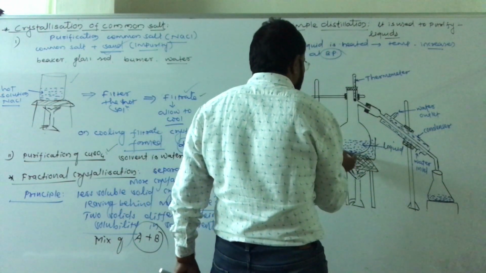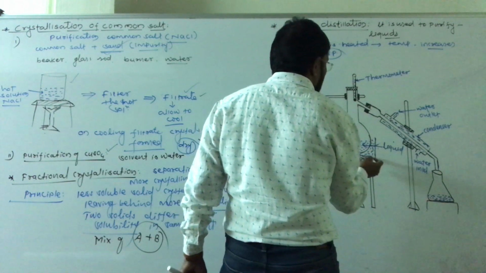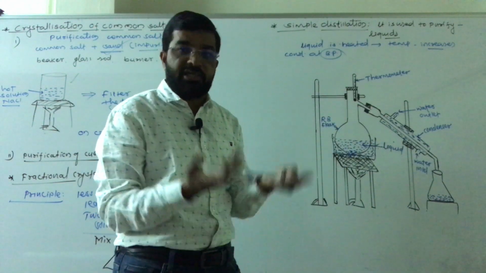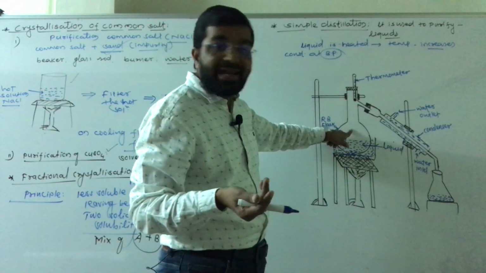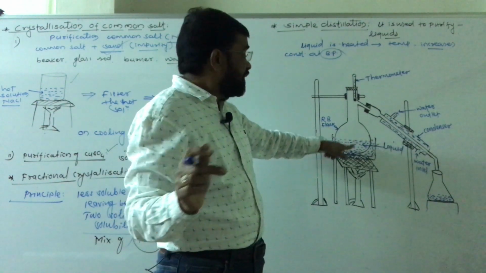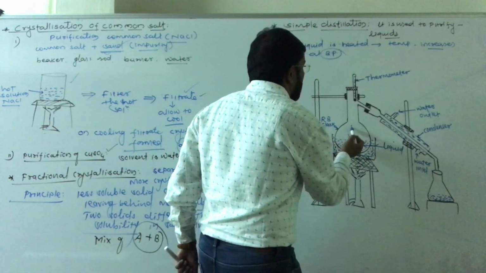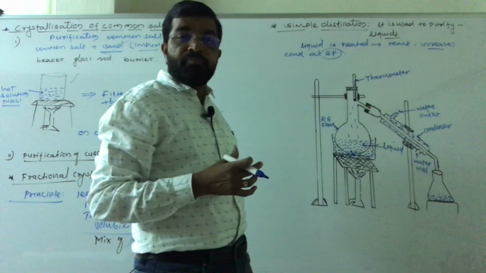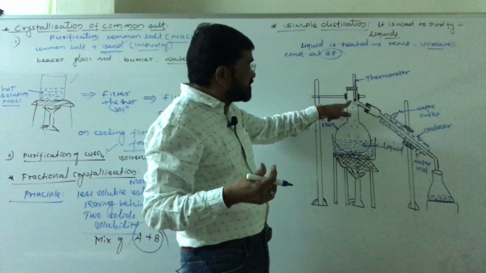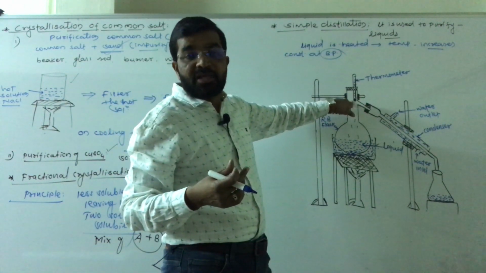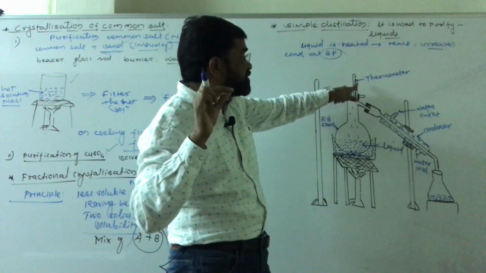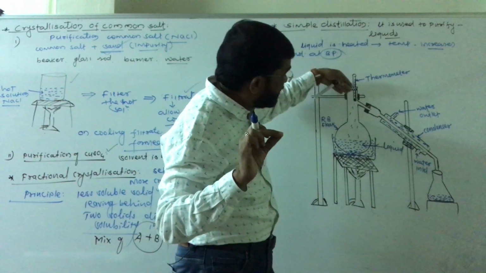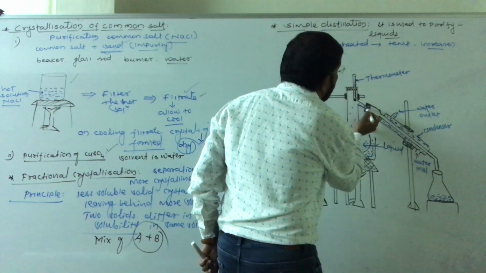That is, water is taken in a pot or sand is taken in a pot, and then the round bottom flask is placed in it, and then it is heated. So this avoids the cracking of the round bottom flask. Now when this is heated, the temperature increases, and at its boiling point the temperature is constant. It vaporizes. When the vapors touch the thermometer's mercury bulb, the temperature rises and it will be constant at the boiling point of that liquid. Now these vapors will pass through this side tube.